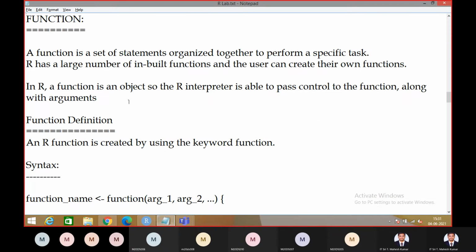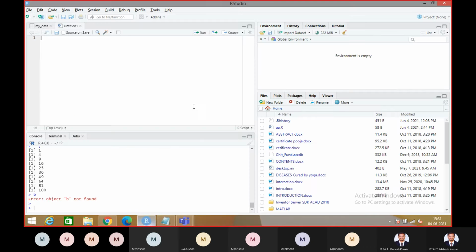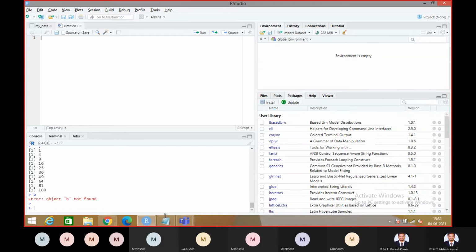Then coming to today's session, I think you know how to install RStudio. I already shared one video with you. It is a simple concept, there are no commands to run. Simply click next and finish, and we can install. After installing, it will take everything directly. The only thing you have to do is, whenever you want a package, you have to include and install that particular package. How to install: just now I explained with the help of the install.packages function or with the help of this window.